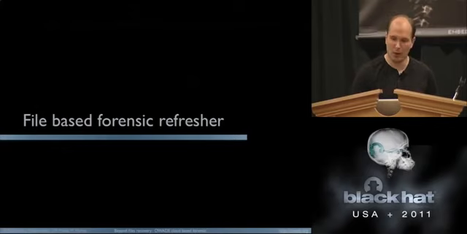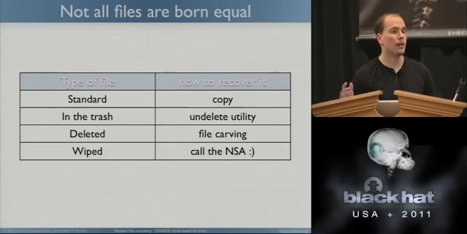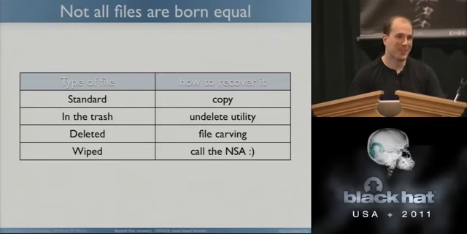File-based forensics. There are different kinds of hard drive you can get. The standard one is you see the laptop, and all you have to do is plug the disk, and then you recover all the files. And there are some files in the trash, but there is a utility for that, which is undelete, and we recover them. If the files are deleted, we have to do file carving, which basically looks sector by sector on your hard drive and tries to look for the fingerprint of each file. This is standard technique. And if the disk is wiped, my only advice for you is go ask the NSA how they do it. I have no idea.